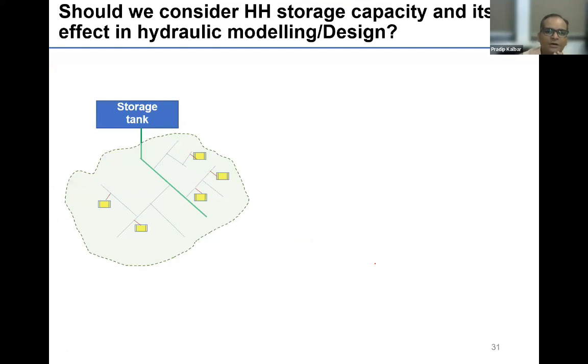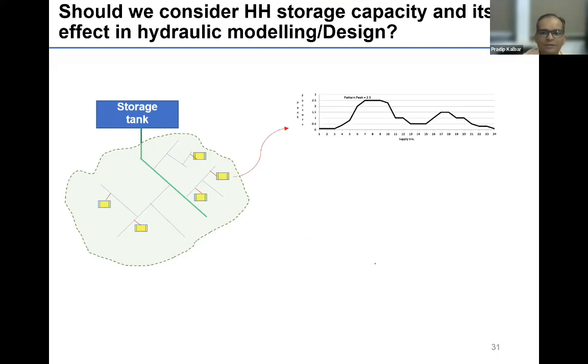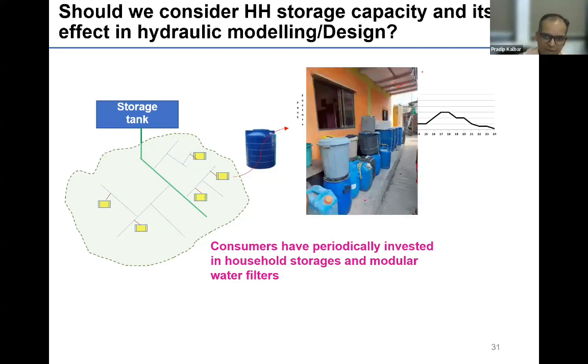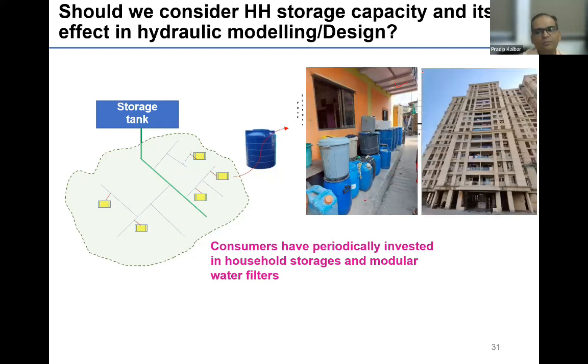So how should we change this entire strategy of hydraulic modeling or design? As per the manual, we are supposed to consider this, but we have in-between storages, and people will not go away with this. Historically, people have invested in storages because there is no reliability in the transmission network. There is no reliability in the electricity grid. So we're not sure that tomorrow water will come. In rural areas near Mumbai, this is the situation. People have to store, and all these buildings have huge underground storage tanks. So whether it is a city like this or a rural area, storages will be there.